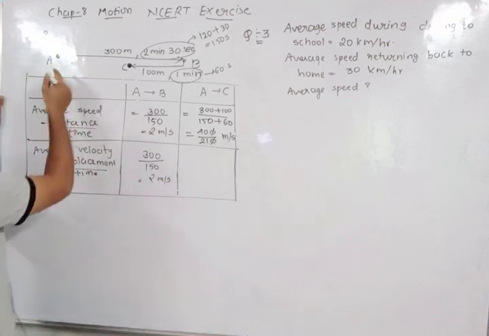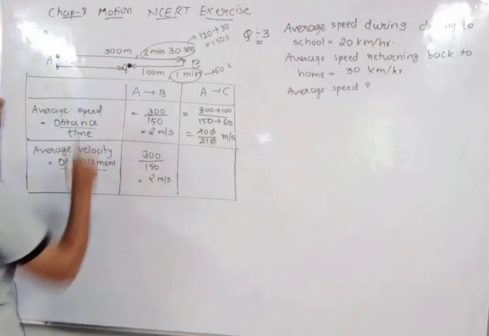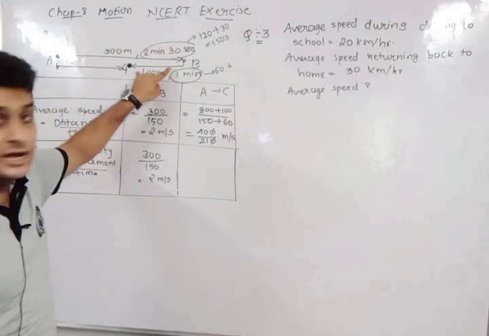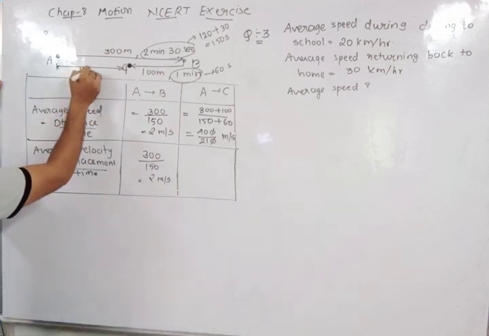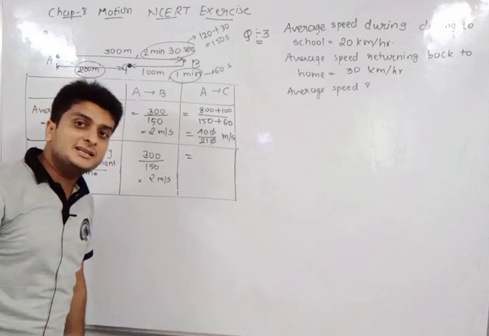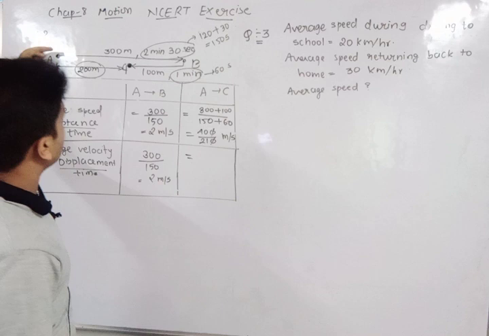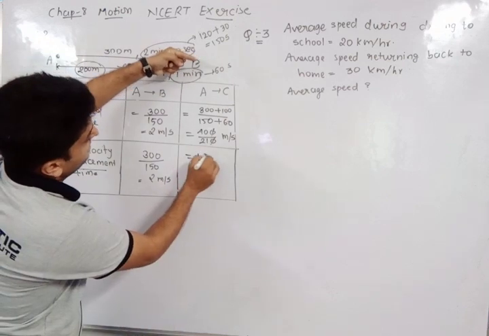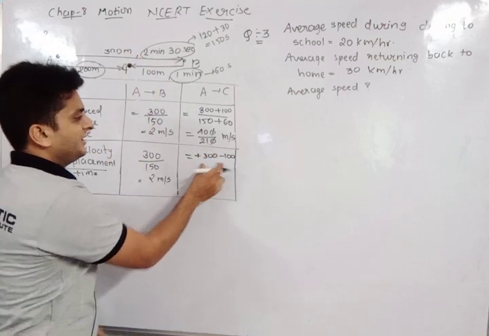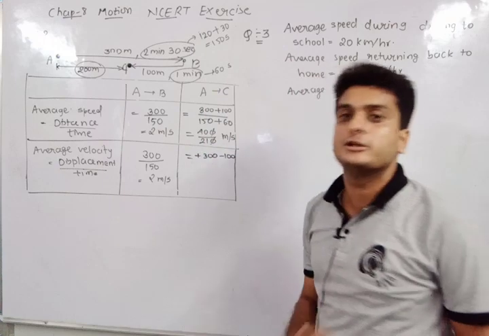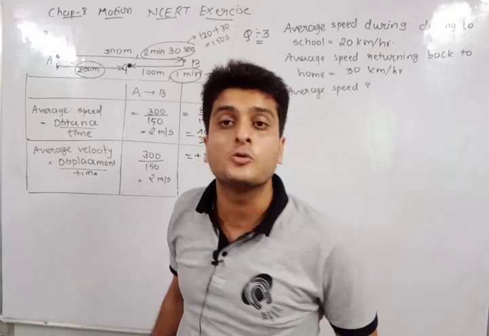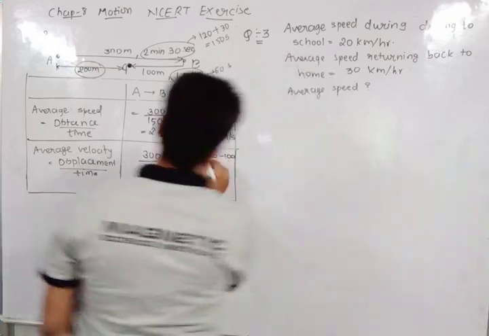Can you tell me what is the distance between A and C? Very simple. This entire is 300, and this is 100. So obviously this is going to be 200 meter. Or you can write this as: A to C is first A to B in this direction, that is plus 300, and B to C is in the opposite direction, so you have to do minus 100. Ultimately you get 200. That is your displacement. As I told you, the direct distance between the initial point and final point is 200 meter. So this is your 300 minus 100.